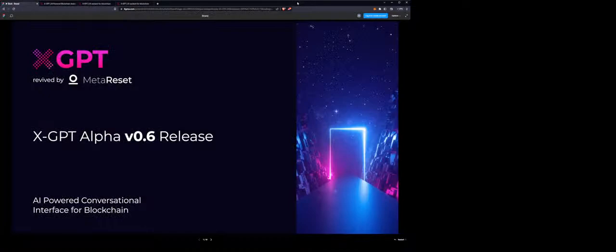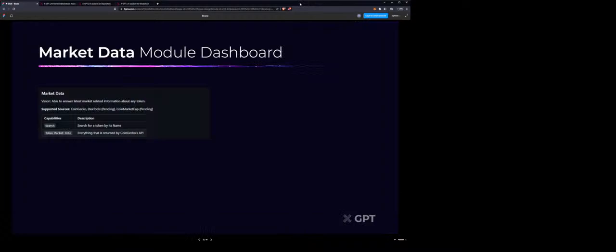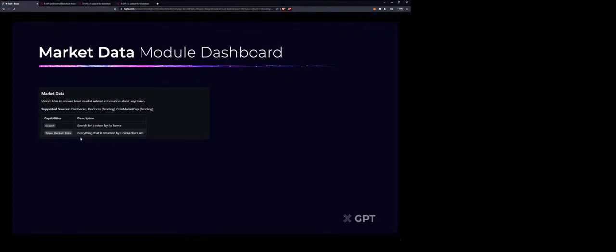Cool. So that's the demo, but I also need to show a few things regarding our further roadmap for X. We first started with the market data module. What it can do right now is, if you search for a token by name, it can find it and return the entire market data about that particular token.